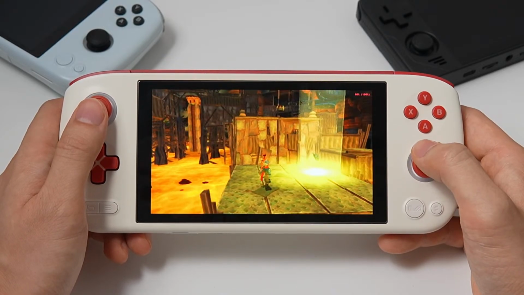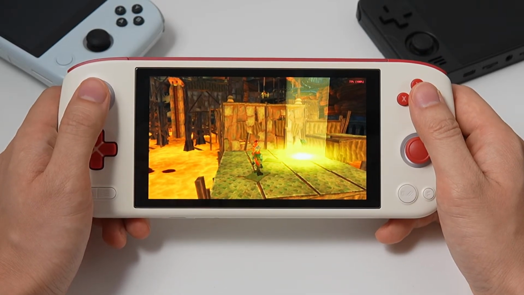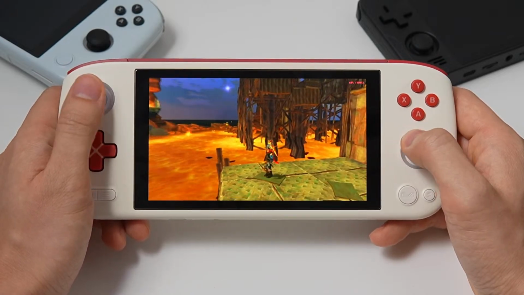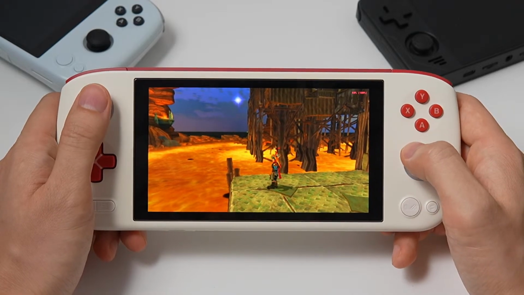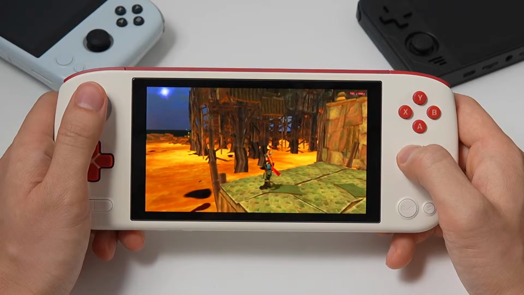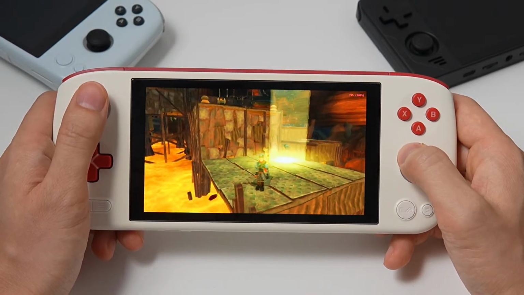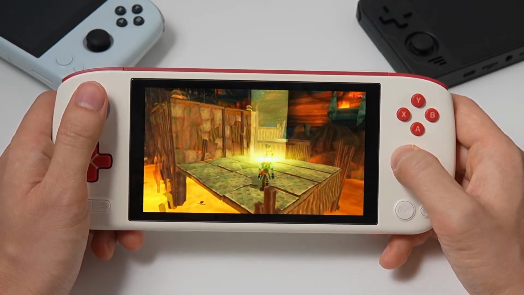What are the specs of my model? I have the 6GB plus 128GB storage model. It's the cheapest one, so that's the spec of my model. I think the RAM only makes a difference for the Switch emulation, to be honest. For PS2, I think you should be good with 6GB. But if you want to do some of the Switch games...